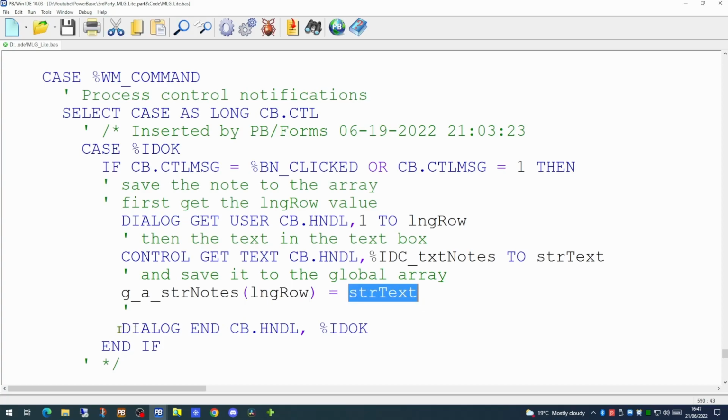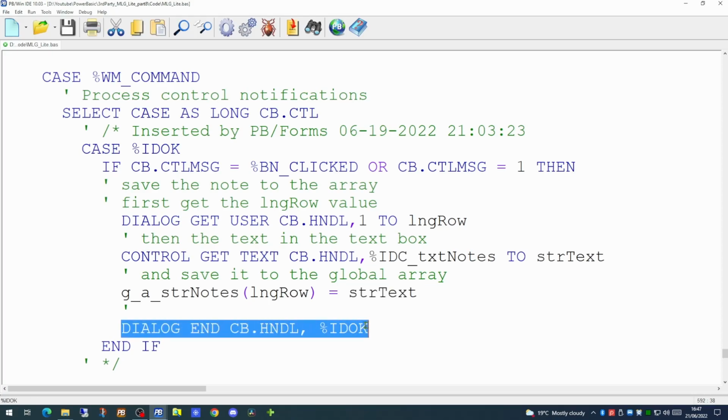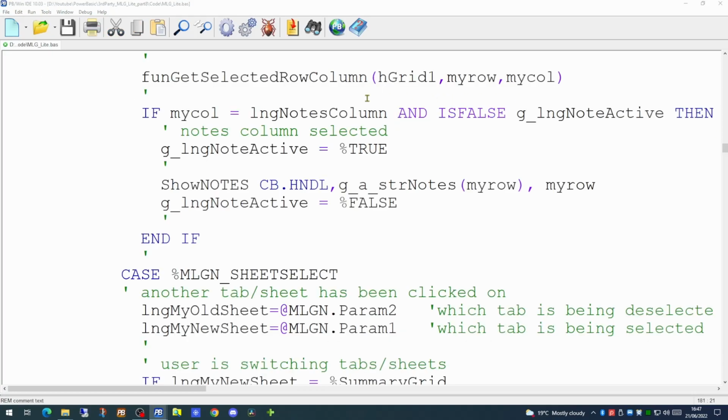And then we can return to our calling dialog. Here is where we called the notes dialog. When the user exits that dialog, the next line of code will be this one here, to deactivate the note. Now we can determine whether the user actually did update the global notes array or not.